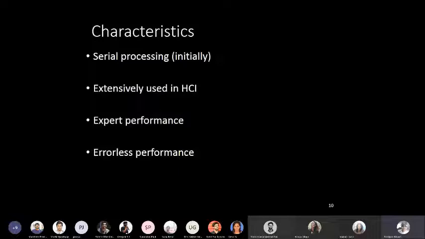But the main problem of the GOMS model is that it gives you the best case scenario. That means it doesn't accommodate any error or exploration. So the GOMS model is only used to compare expert performance. It is a prediction of performance, but it doesn't specify how much time you may need to learn a particular interaction task, or what the possibility of errors is in a particular user interface. Those aspects it doesn't tell you. So it can only be used to compare user interfaces based on the best case performance situation, and in many cases that is probably what we want to achieve.